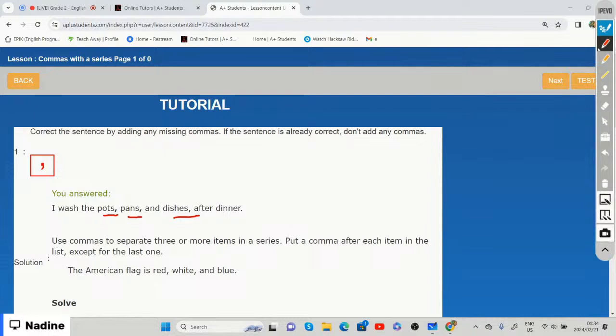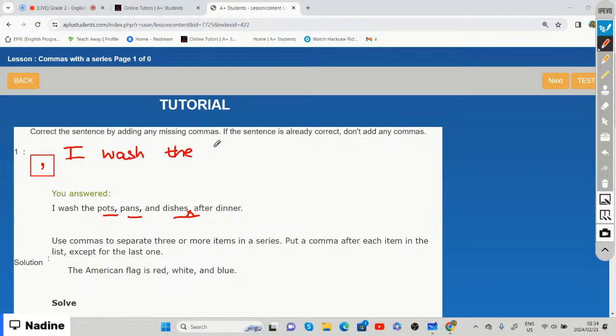If we were to correct the sentence, then we remove the comma after the last item, which is dishes. So if we were to rewrite that sentence correctly, then we would say,